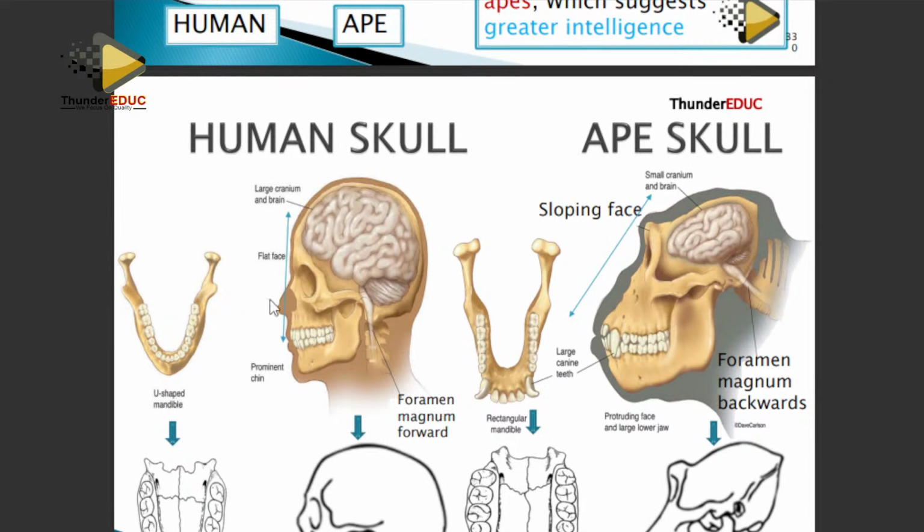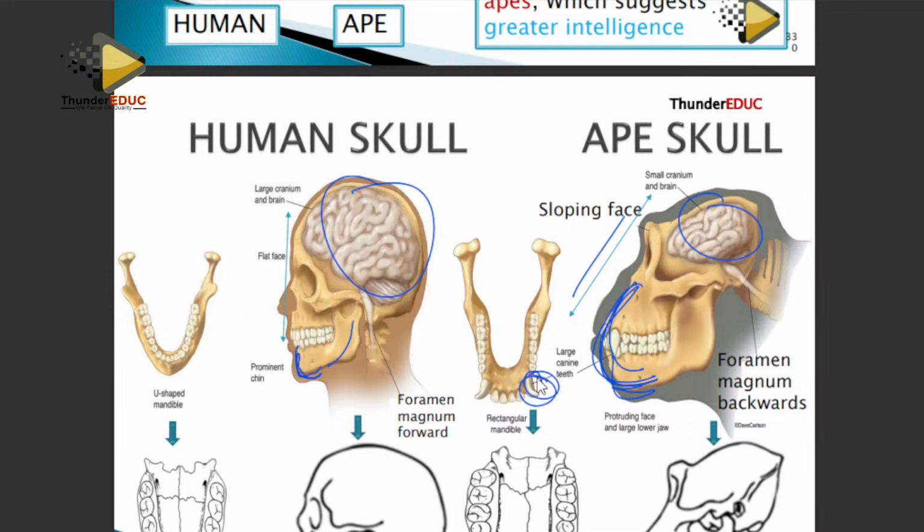All right, let's start. Flat face, sloping face. Large cranium, small cranium. The jaws are less protruding, while this one has more protruding jaws, meaning that these are prognathous. All these ones are not prognathous, because prognathous means more protruding jaws. We see that the chin is well developed. Let me clear it up so that you see it. The chin is well developed. Check it. Here, no, it's not well developed.